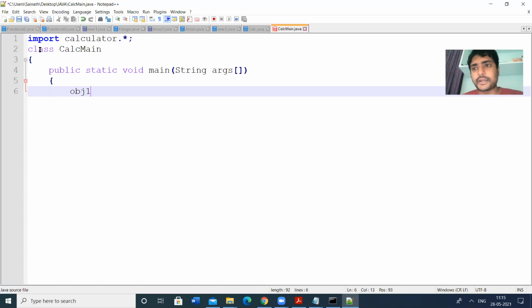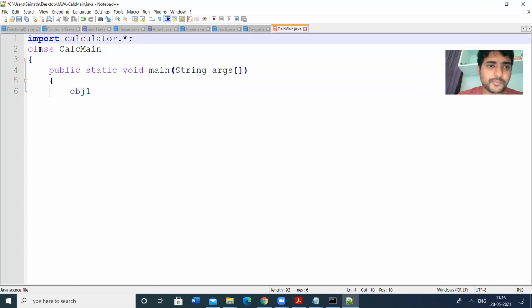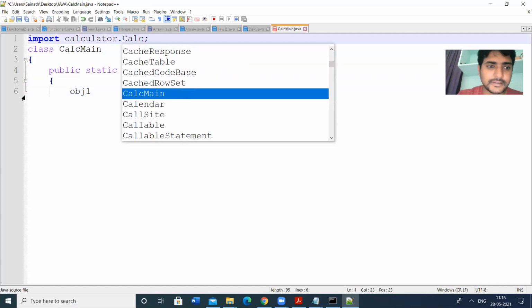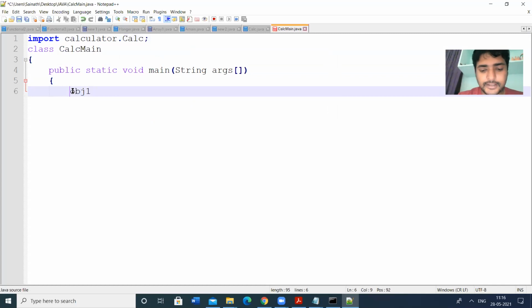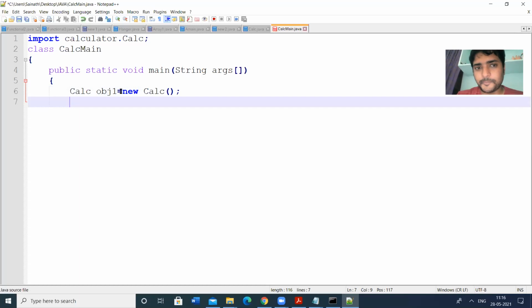What is the class name? The object is of type calc. We have to know the class name. Here we have only one class, calc. So we have to create the object of type calc. Calc obj1 is equal to new calc. So this is the creation of the object.